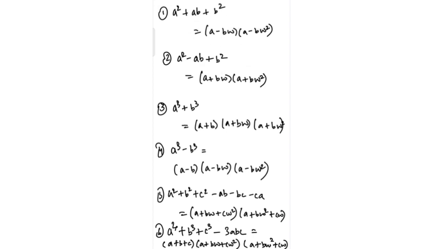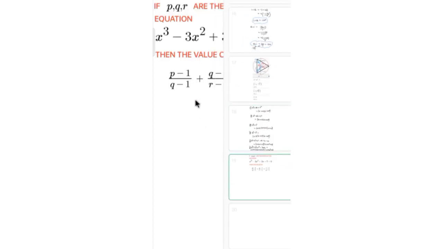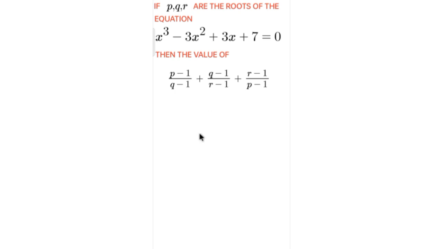And we are using all those cube roots of unity terms, right? So this is how we can manipulate and modify them and use this. So one of the most important questions, just to illustrate all these concepts in a single question, I've taken this question that I shall use the blue ink to solve.